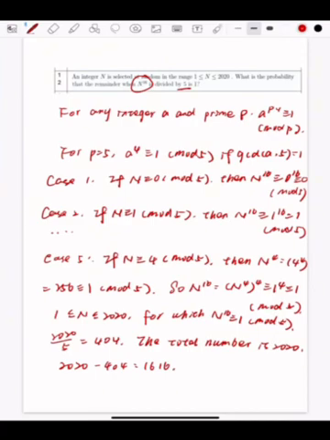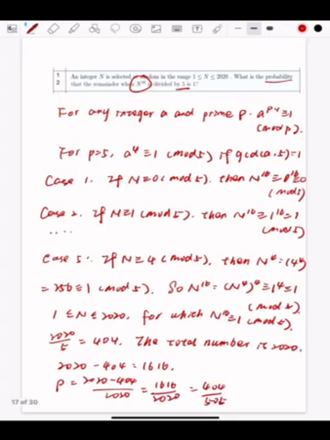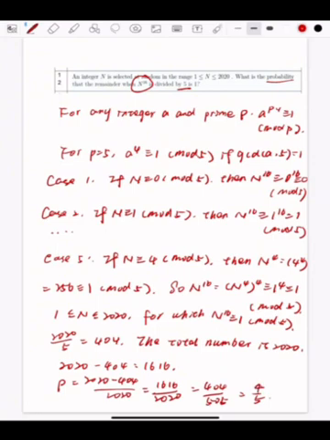And finally, they want us to calculate the probability P for it, that is, so the answer is, okay. Since P, Q, R are primes and we know the equation that